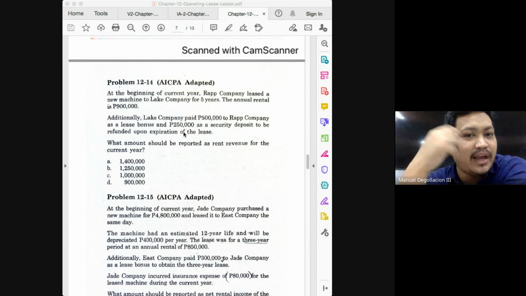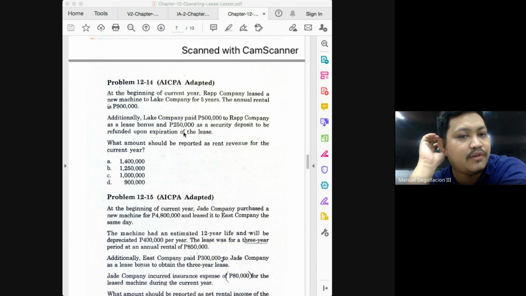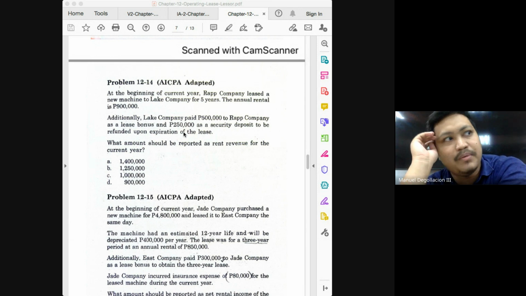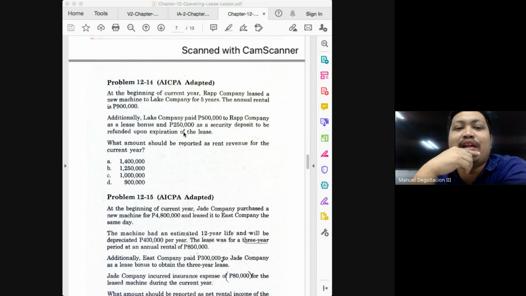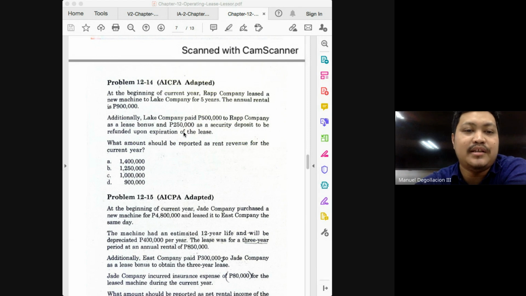So how much are we getting from the contract all in all? 900,000 every year, good for 5 years. That would be how much? 4,500,000. But since we had to pay 500,000, the total amount that we would really be getting from the contract would only be 4 million. And it is the 4 million that would be spread out over the lease term. Okay? So as an alternative way of looking at this, you can just deduct the 500,000 lease bonus to the total amount you get from the contract. Okay? So 4,500,000 minus 500, you will get 4 million divided by 5 years. Your annual rental revenue would be